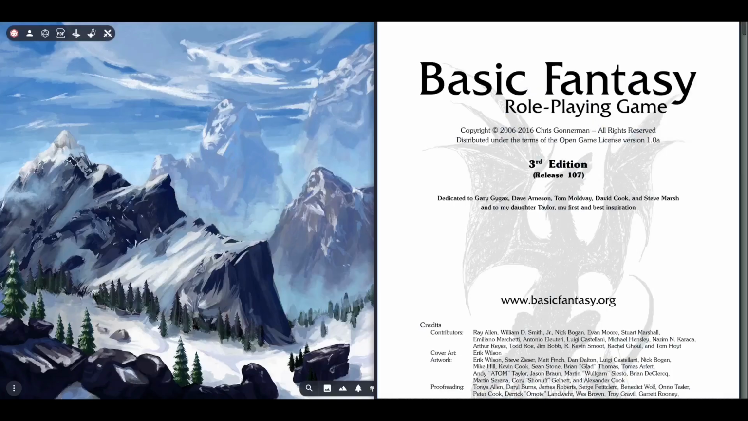For those of you that may not be aware, Basic Fantasy Role-Playing Game is a free-to-download, open-source role-playing game. You can find it at basicfantasy.org. And the PDF copies for the core rules and all of the modules and all of the supplements are completely free to download. If you decide to go with print versions, which I have for many of the modules,